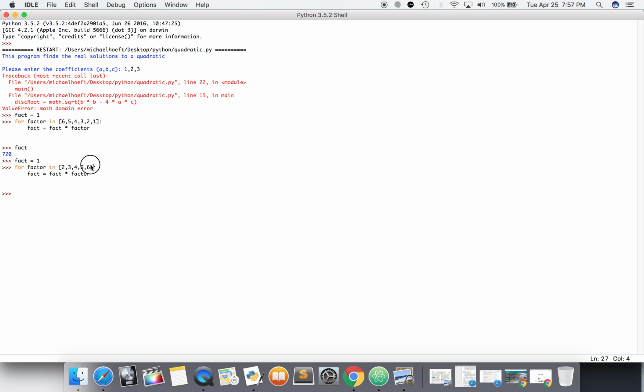Because we're essentially going in order without the 1. This goes down in descending order from 6 down to 1. This goes from 2 to 6, but we don't need the 1 because anything times 1 is itself anyway, so we're going to get the same answer. So let's do print fact, 720. Same thing. Print fact,